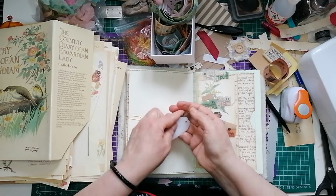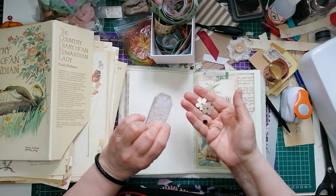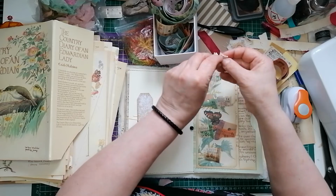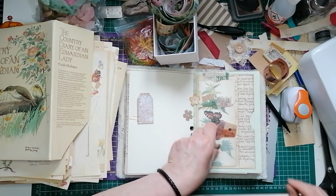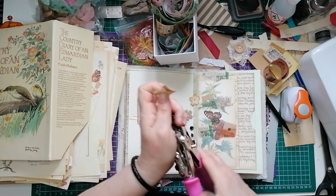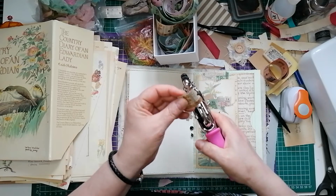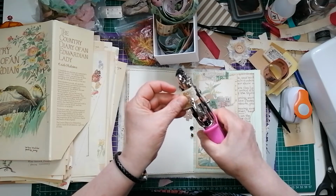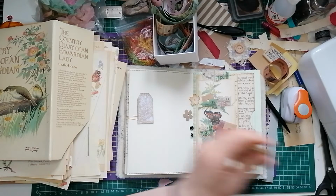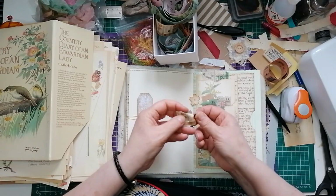It's just, I punch a hole and then I put it together with a press stud. So I'm going to do exactly the same on this ticket. So I'll grab my puncher. Again into one of my drawers. I'm going to put the small size hole in with my chomper. There we go. I'll put the bottom of the press stud there,